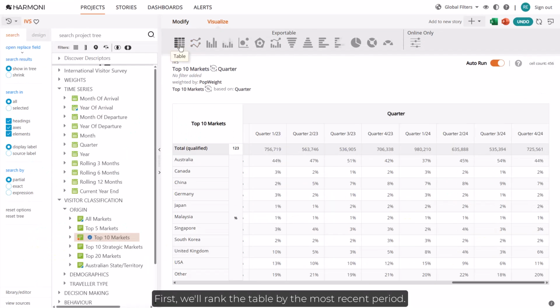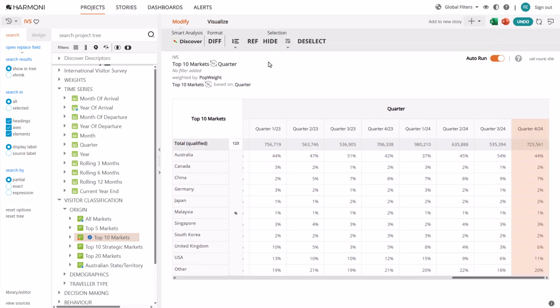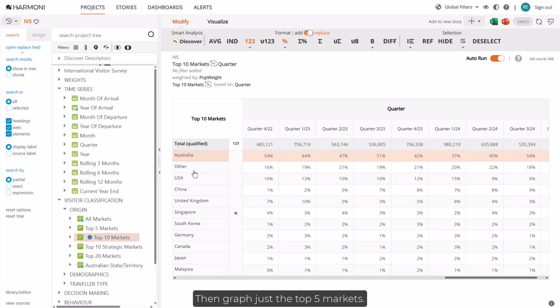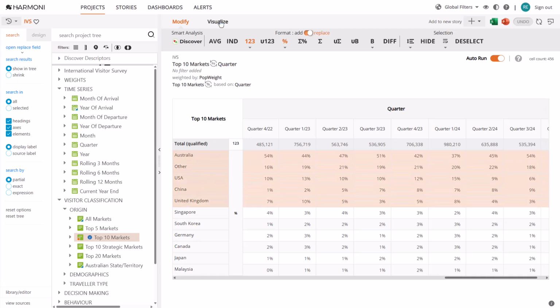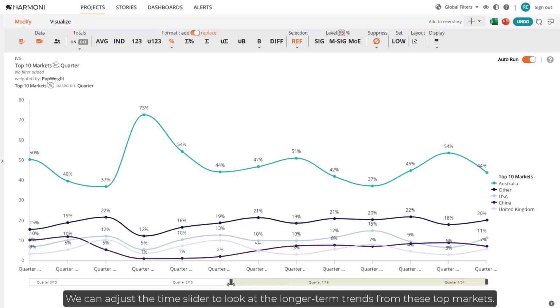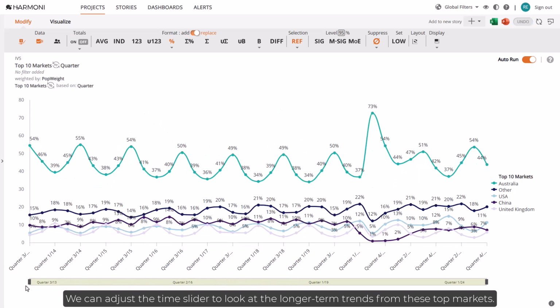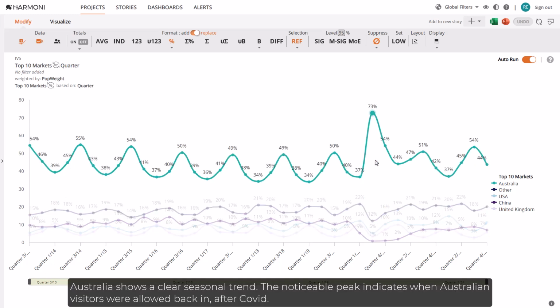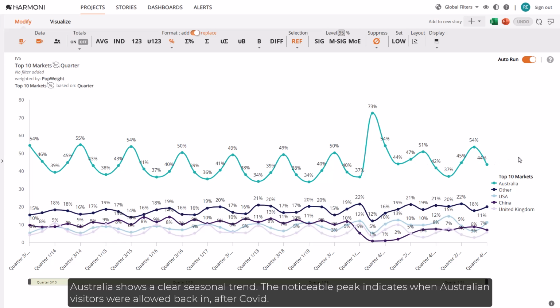First, we'll rank the table by the most recent period. Then graph just the top 5 markets. We can adjust the time slider to look at the longer-term trends from these top markets. Australia shows a clear seasonal trend. The noticeable peak indicates when Australian visitors were allowed back in after